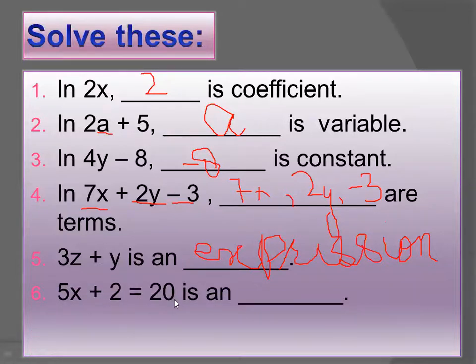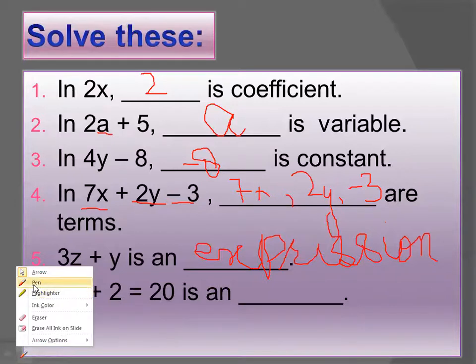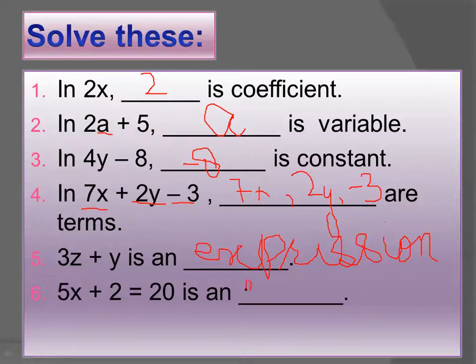5x plus 2 is equals to 20 is an dash, equation or expression? Alina, correct. Sheikh Muhammad Shahir Junaid, correct. Hamza Anjum, right. Hadika Salim, right. Miram Wakar, good. So not expression. Okay, Abdul Rahman, Aiza, Abdullah Irfan, all of you are right. So this is an equation. I'm trying to write it down, equation.